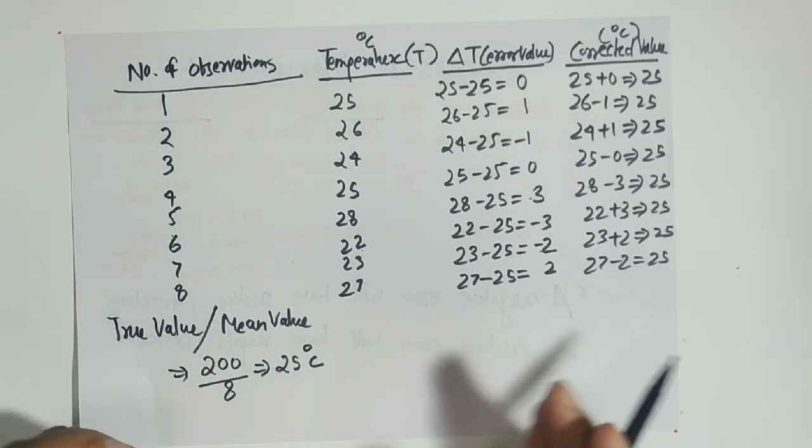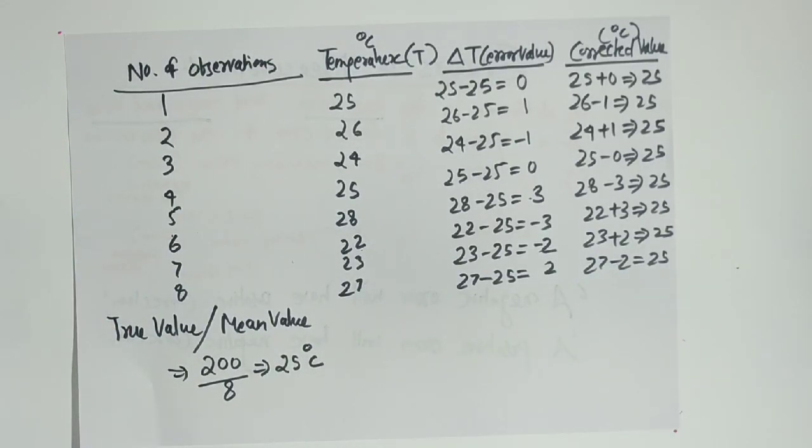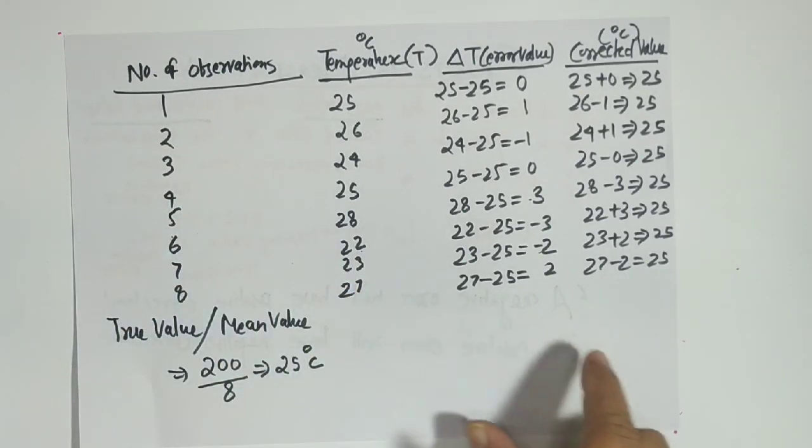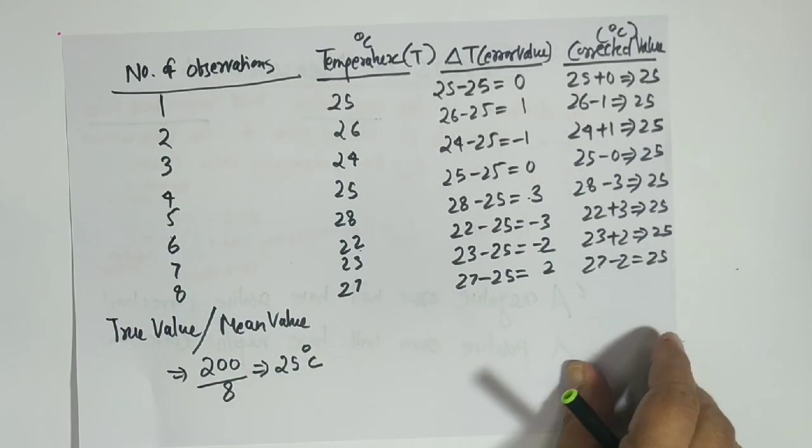This is an example which you will do in the lab also. This will be the same technique in vernier calipers, in screw gauge and spirometer, because these are the three devices. You have 6 experiments related with these devices. So this is the very simple way how we are going to measure the error values.